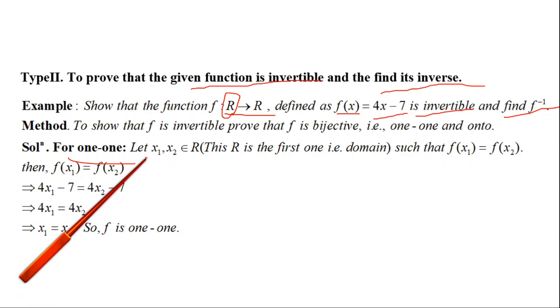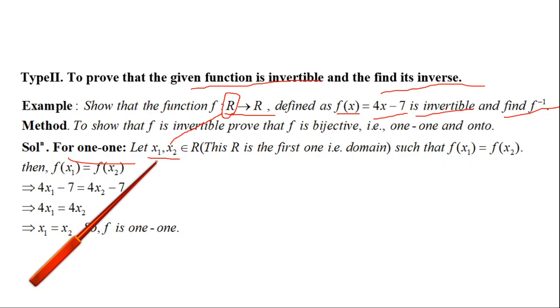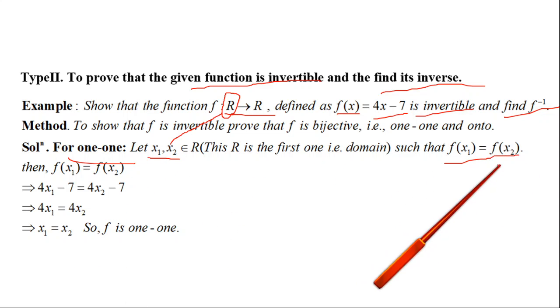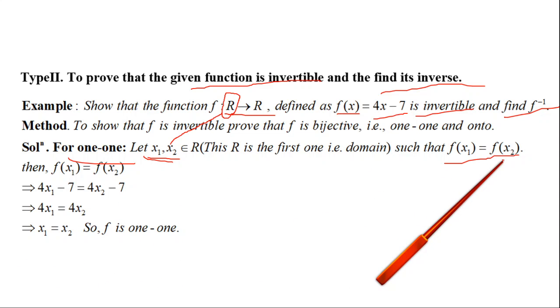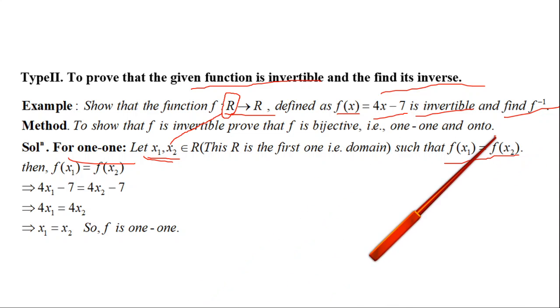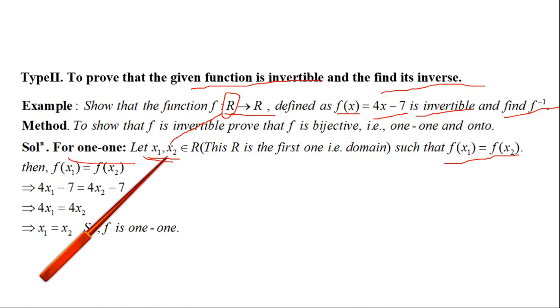We will take two elements in this R, x1 and x2, and say that their images are the same. For a moment let us assume that though they are different, their images are same, and we will solve. And at the end, if we could show that